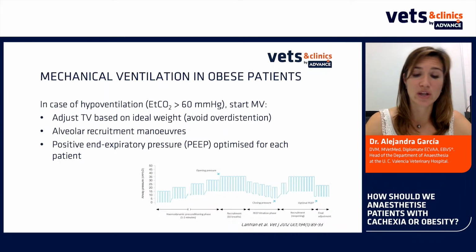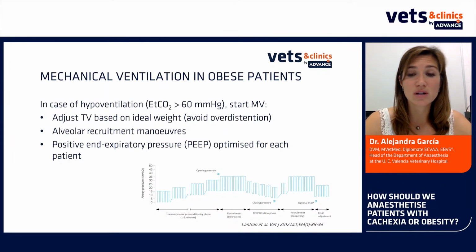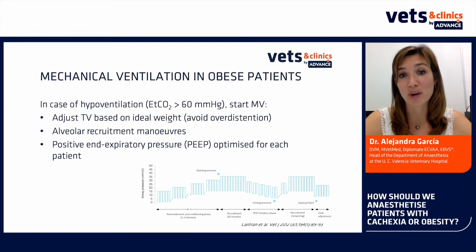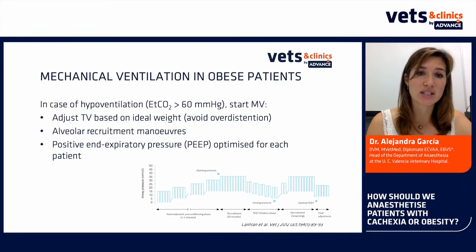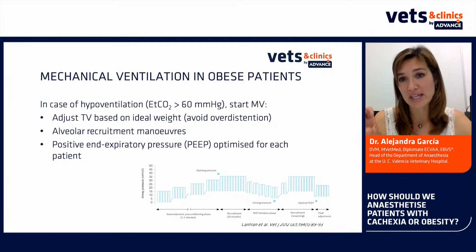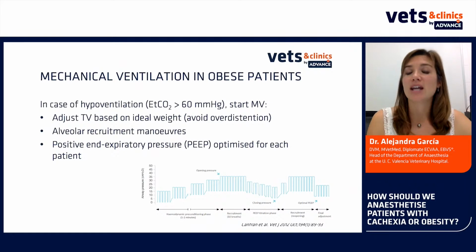We can do an alveolar recruitment maneuver during anesthesia, because we have seen in the previous slide that we had some atelectasis. So the alveolar recruitment maneuvers will open up these atelectasis zones of the lung that are compressed. And then we should apply positive end expiratory pressure, or PEEP, optimized for each patient. Here in the image, from this article, Canfran et al. in 2012, you can see a diagram illustrating the alveolar recruitment maneuver step by step and checking the optimal PEEP